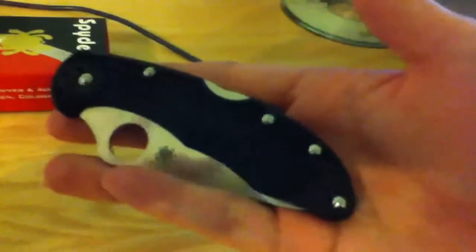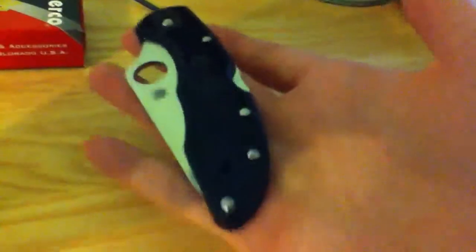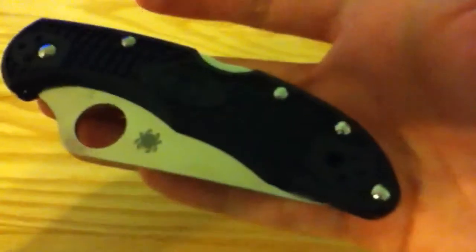The nice thing about this knife is that all these screw heads are on the back side of the knife, so it looks nice. You don't see any screw heads when you're looking at the front, at least when you're carrying it right-handed. It's going to be hard to see here, but right here there's a Spyderco logo, and it